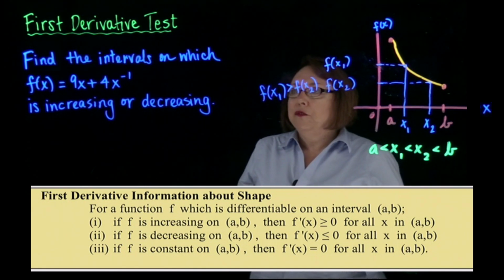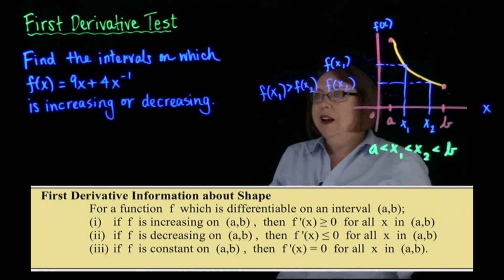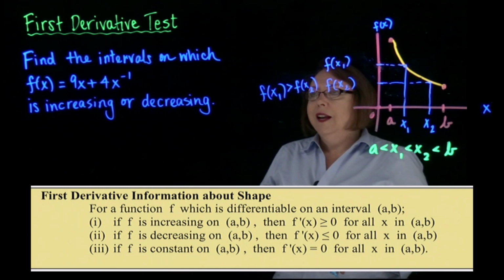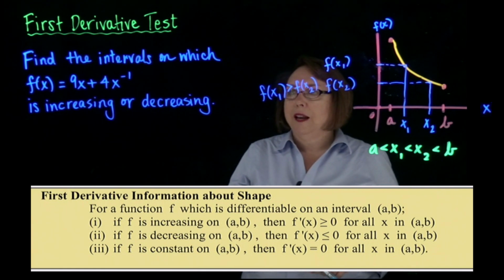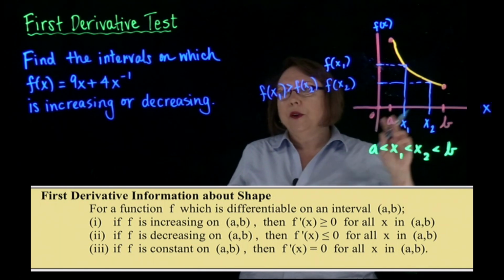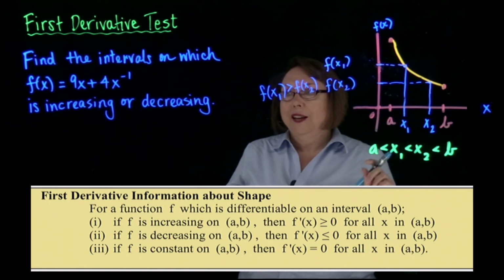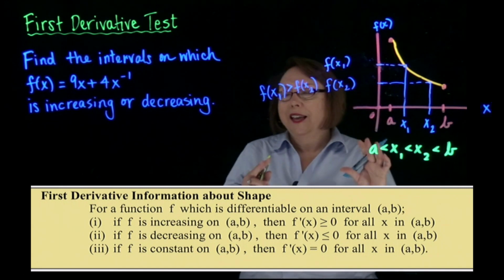So it says for a function f, which is differentiable on an interval from a to b, like we had here, if f is increasing on a to b, then the first derivative, f prime of x, is greater than or equal to 0 for all x in the open interval from a to b. So if the function's increasing, the first derivative is non-negative. And if it's decreasing, the first derivative is negative. F prime of x is less than or equal to 0 for all x in that open interval from a